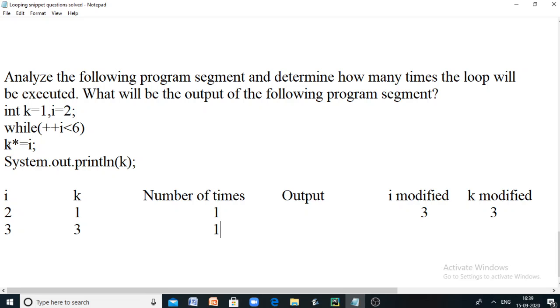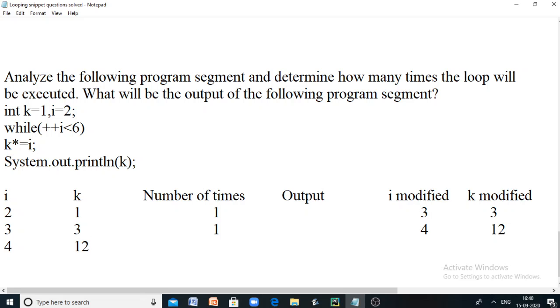And here what is happening is, current value of I is actually 4 and k *= I means k equal to k into I. So current value of k is actually 3 and current value of I is 4, and k equals k into I. That means 3 into 4, it is 12. So k is becoming 12 now. Now again the next iteration started. I is 4 and k is actually 12.